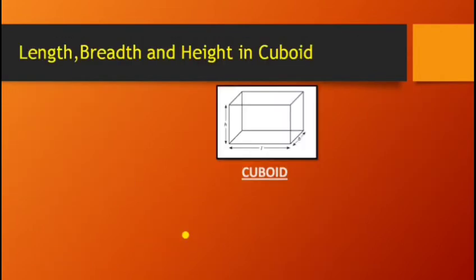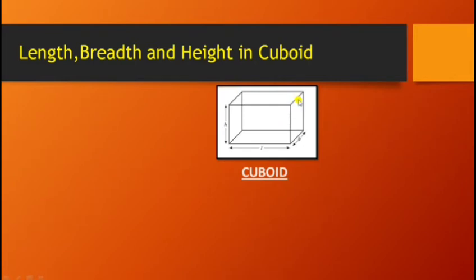Now the next heading is length, breadth and height in cuboid. Before starting, what are the terms length, breadth and height? Here you are able to see in the given picture a solid cuboid box. Before starting, let us identify some of the faces. Have you seen the front face? The box has its front face as this one. See the boundary, front part. Opposite of front is the back one. So front face, back face.